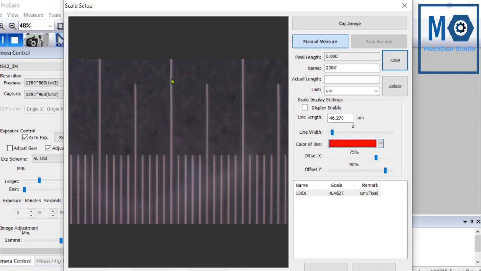And then apply manual measurement. Select the maximum division during measurement so it can reduce the error. Here we have selected 2 large divisions, and the distance between the 2 divisions is 200 micrometer. So the actual length we will assign is 200 micrometer.